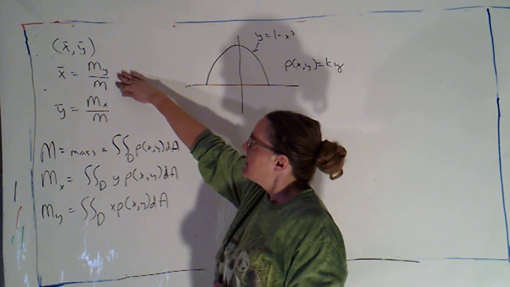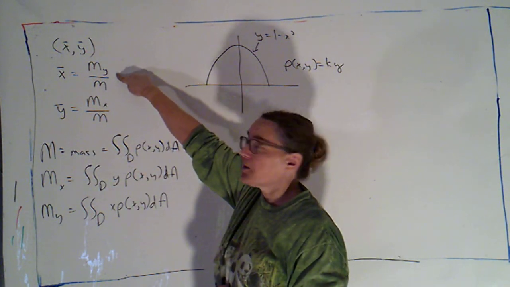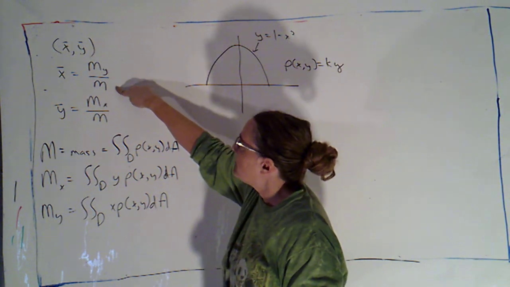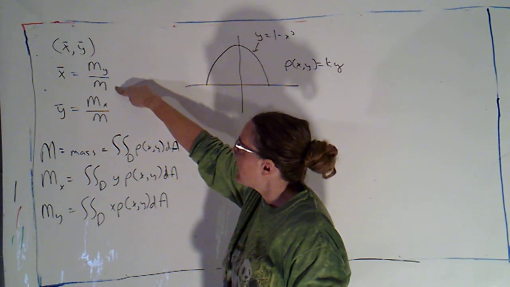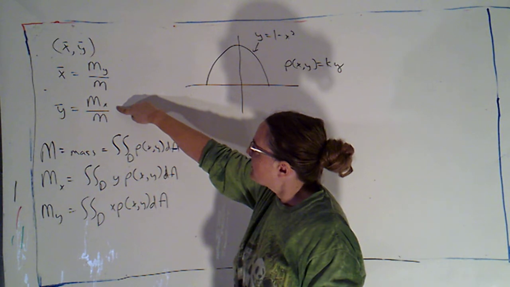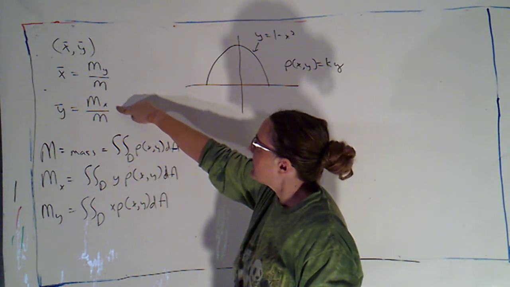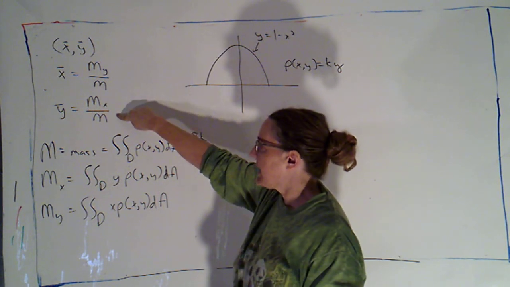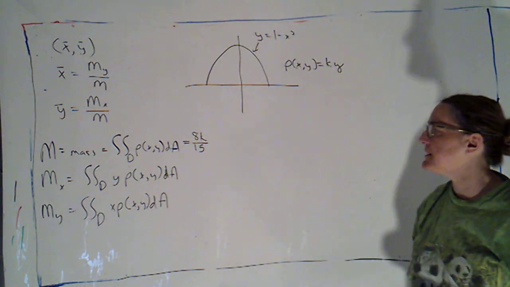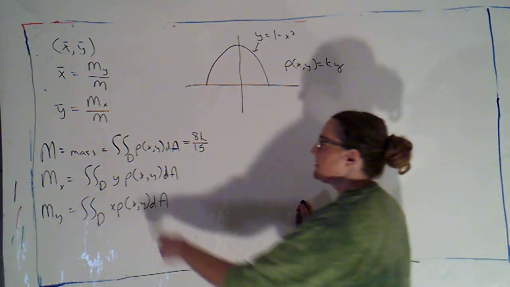X bar is this fraction, the moment or the tendency to rotate about the y-axis divided by the mass. Y bar is the moment or the tendency to rotate about the x-axis divided by the mass. And each one of those things is calculated as a double integral. So the mass,